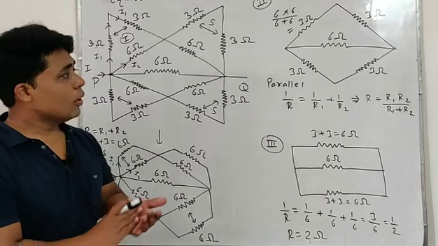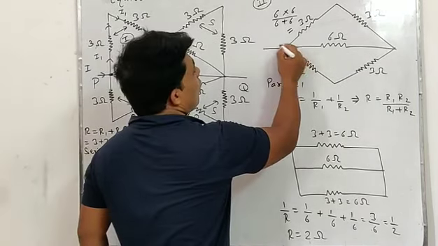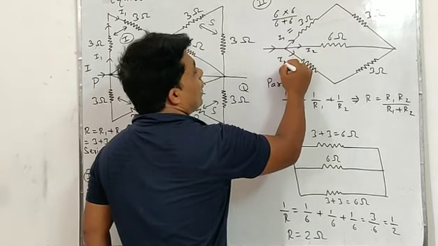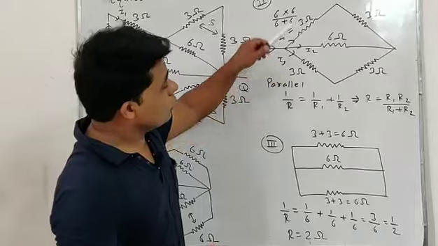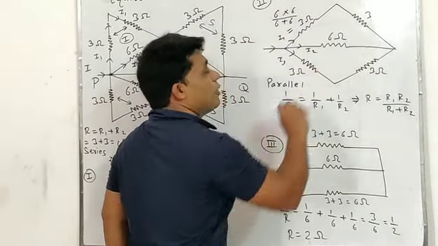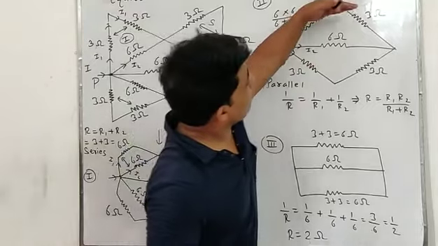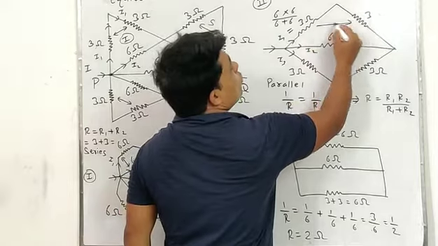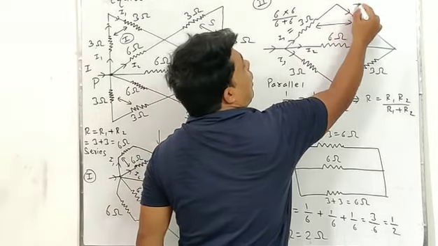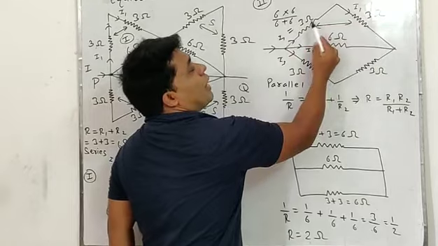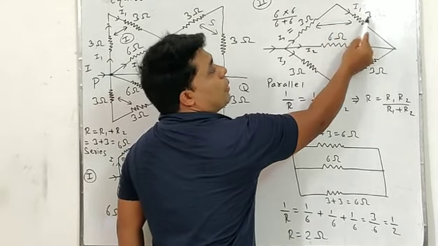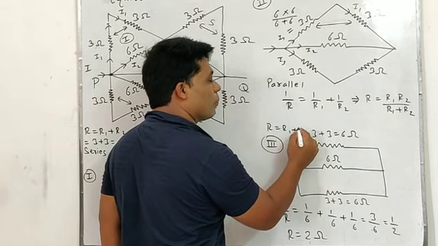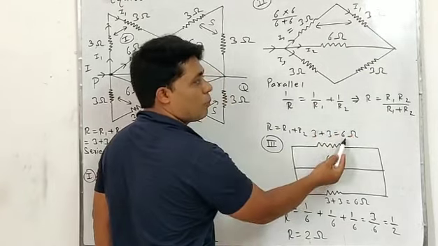Understood? Now finally students, when the current flows again, it further divides into three parts, I1, I2 and I3. It means all these three wires have different currents, so all three wires should be in parallel. But before that, look, these two 3 ohm and 3 ohm have the same current I1, and the same current means they should be in series. So 3 ohm and 3 ohm become 6 ohm because they are in series. I applied the formula R1 plus R2, 3 plus 3, 6 ohm.